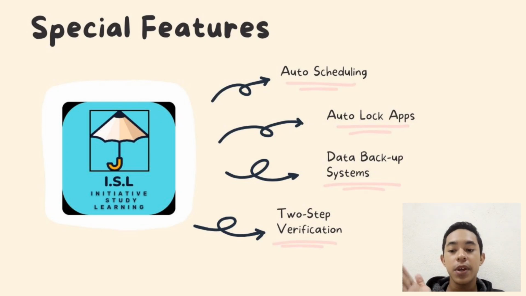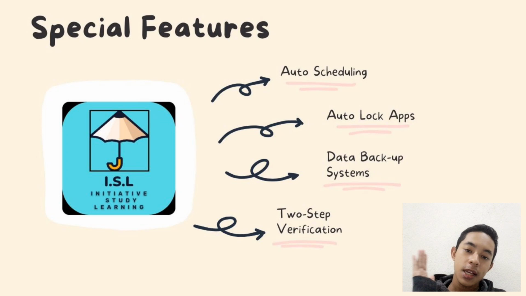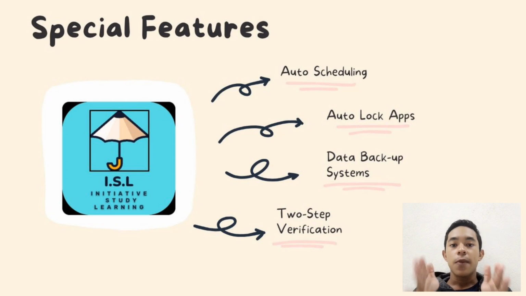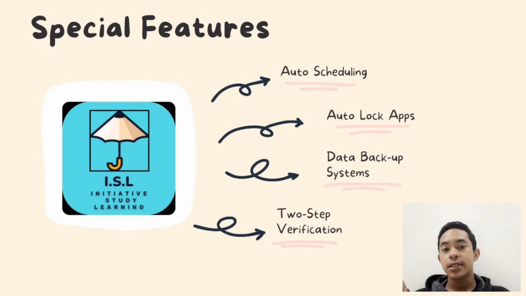Next one is the data backup system. This feature could help us manage our files and notes. So, let's say your notes are missing from a certain file. You can open the app and just click data backup restore, and this app will help you find the missing notes and files. And last but not least,